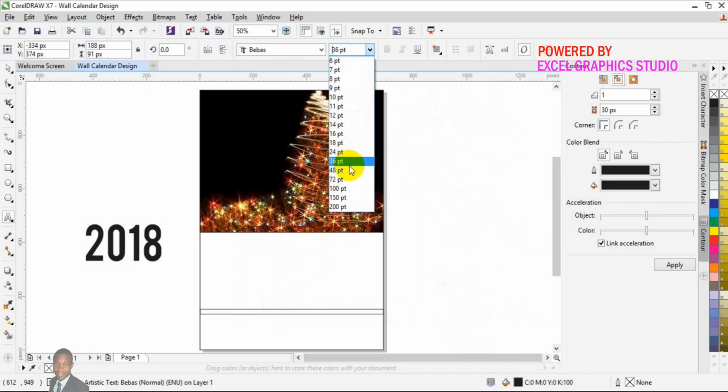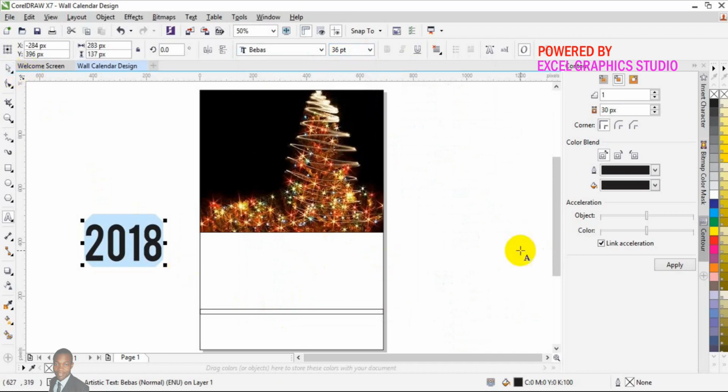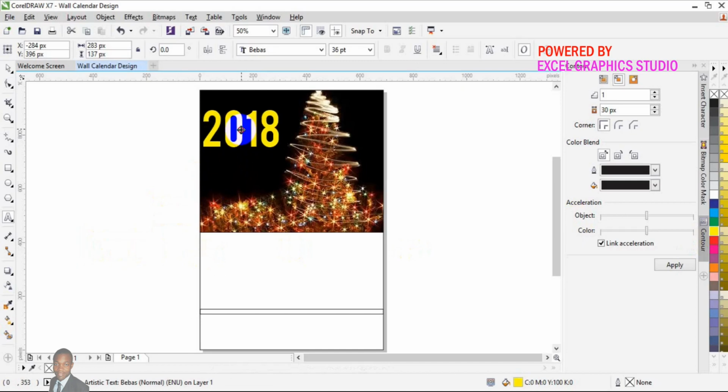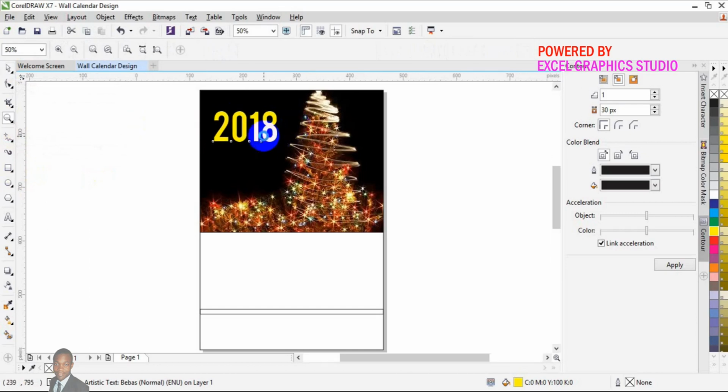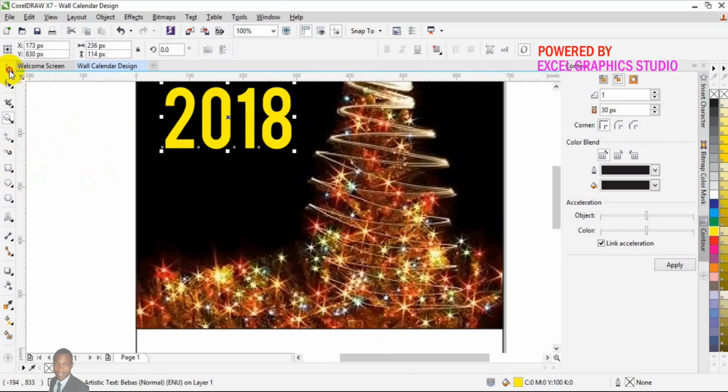to 36. Then color the text yellow and take it to the design. Right, so I'm going to reduce the font size to something like 30. Press enter. Right, go back to the pick tool to accept it. Now I want to zoom out the entire document. Go to the zoom tool, click on it with the plus, then go back to the pick tool